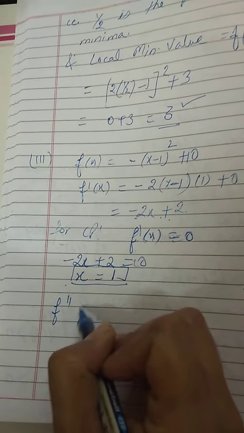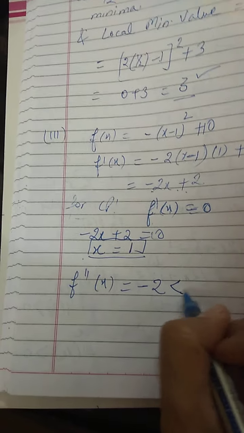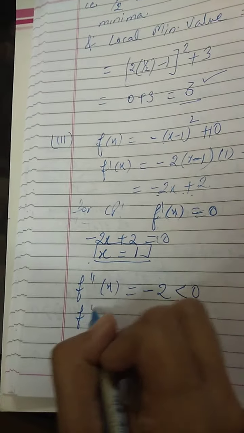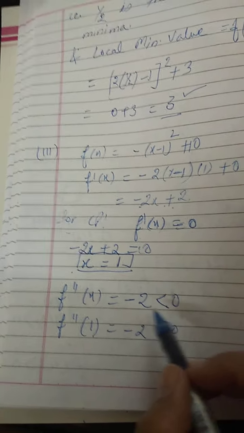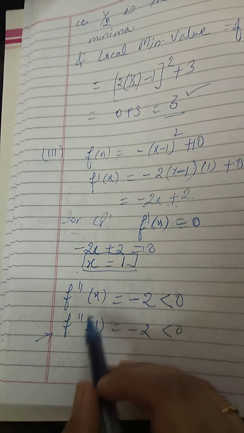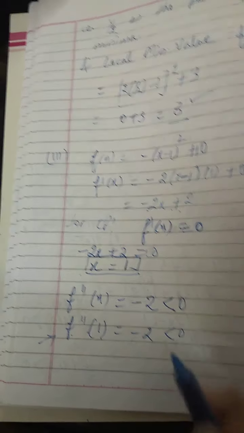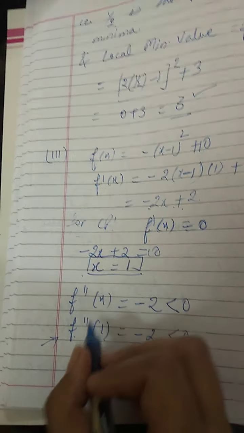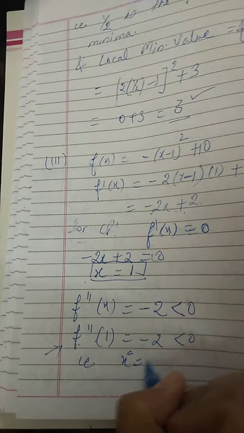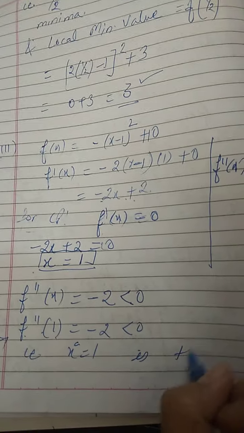And f double dash x is minus 2, that means it is always negative, even when x is 1 then also it is negative. So I can write f double dash 1, this is also minus 2, negative. Don't think why we are writing it, because there is no x to substitute. So then also we can show that f double dash at 1 is also negative. Since the second order derivative is negative, we will say that x equals to 1 is the point